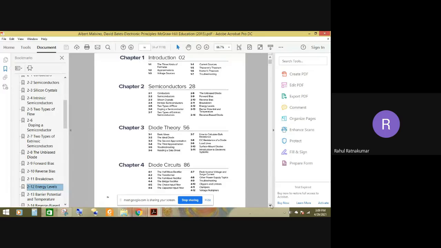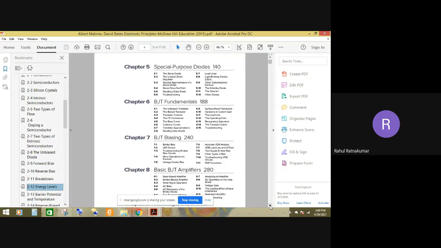Then diode circuits, and we'll be discussing a bit deeper level of circuits in the class, and that will be sufficient. If you follow this book and the class, it will be sufficient, at least for the first three or four modules. And for the last module, I think some communication and signals part is added to your syllabus, and maybe some instrumentation part will be discussed, and I will share the proper material or books later.